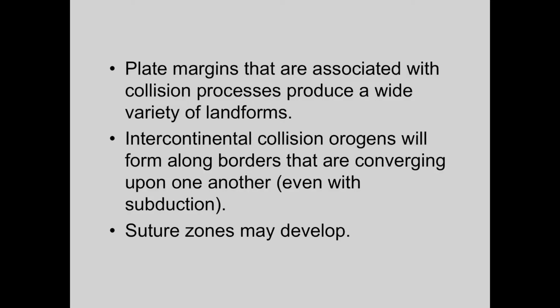In environments where we have the convergence of one plate on another, and it is not in some sort of steady state expression of systematic movement, it is described as being in a state of collision. So collision margins can result in a wide variety of landforms as well. Intercontinental collision origins, like the Himalayas, for example, are areas where we see some pretty significant instability in the surrounding